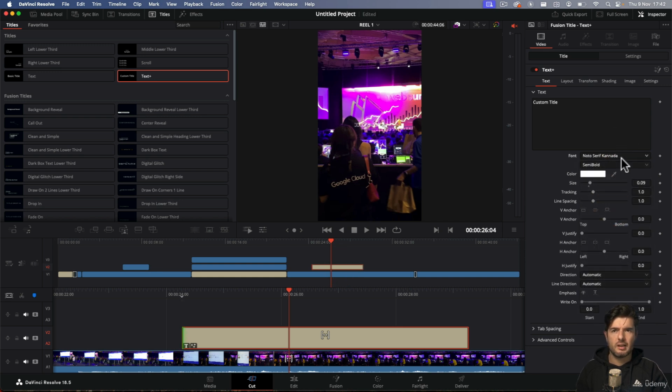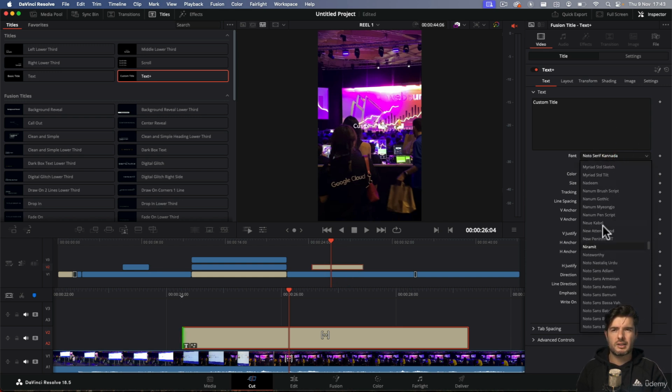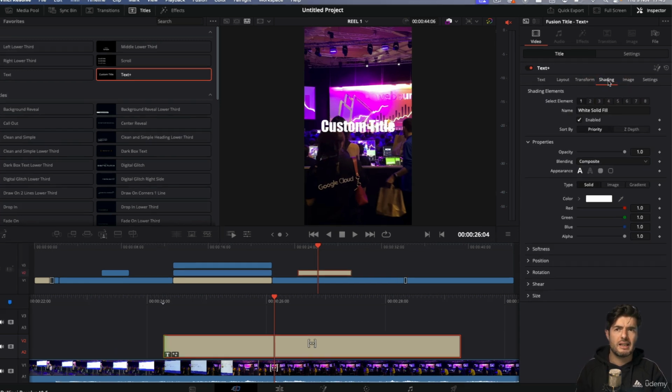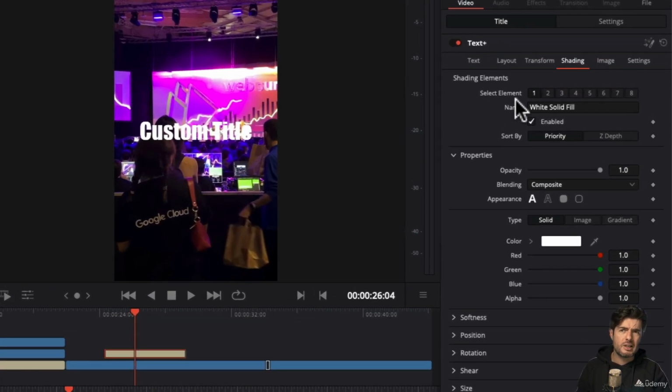Let's select an impact one or something like that. It's really bigger. Where's the impact? Here we go, impact font. Let's make it bigger. Okay, we can read it a little bit better, but still we need some stroking on the outside. So you go into shading, and you can see you have select element, and this is where you